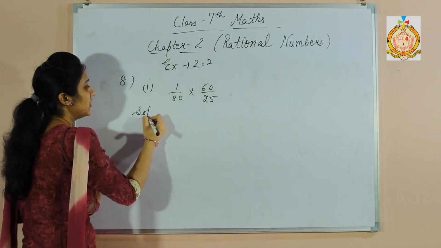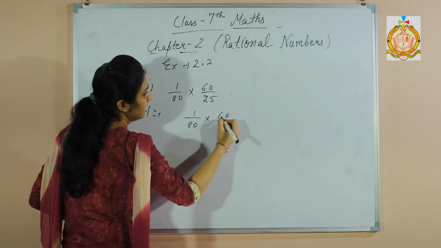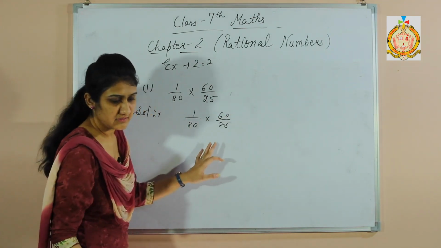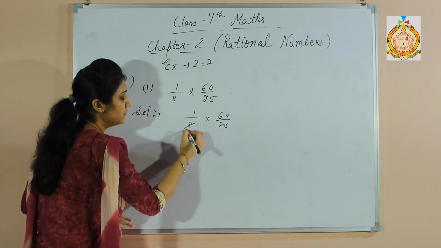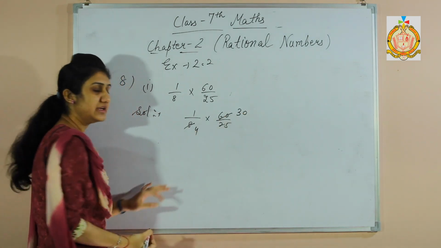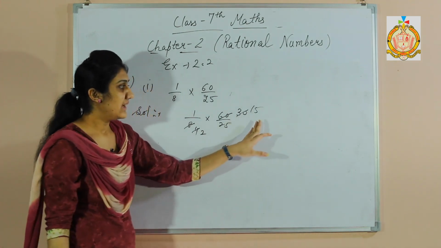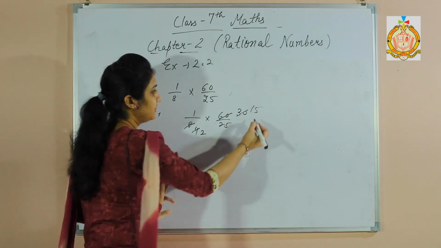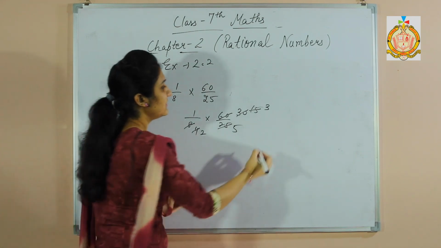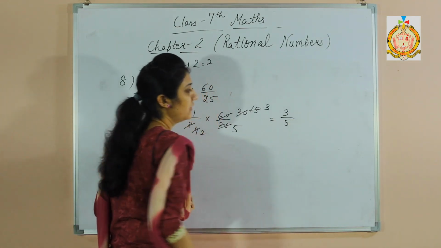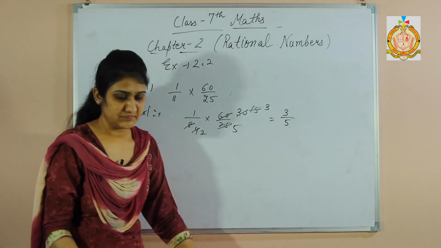So just cancel out the numerator and denominator where possible. We can cancel the terms like here, 8 and 2, and 4 on the table of 2, 30. Again these are divisible, cancelling on the table of 2, here also on the table of 2. And these two numbers are divisible on the table of 5. 5 3 is a 15, sorry, 5 5 is a 25. So our answer here is 3 upon 5. Here is a multiply symbol, so just cancel out the terms and derive the answer.